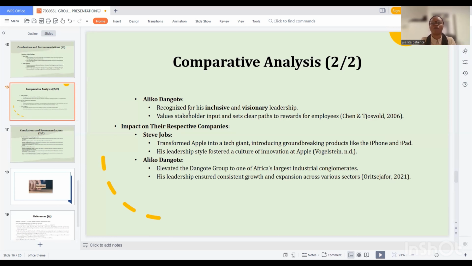Furthermore, having a clear vision and involving stakeholders in decision making not only fosters a sense of ownership and commitment, but also cultivates innovation and collaboration within the organization. With a commitment to ongoing learning and the ability to adapt to changing circumstances, aspiring leaders can also navigate challenges and seize opportunities for personal and organizational growth.